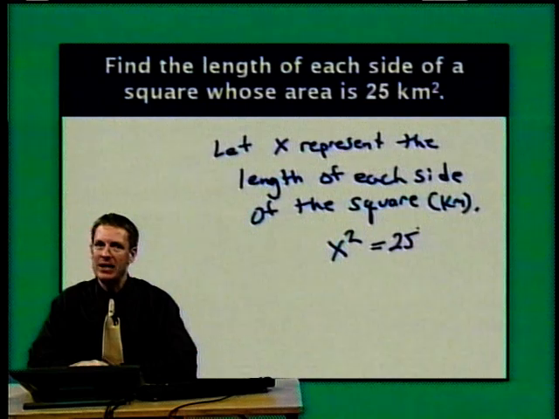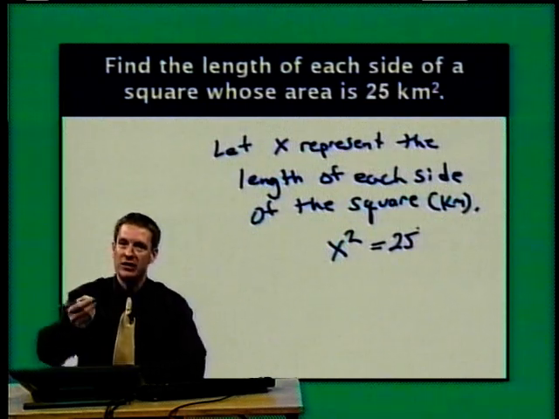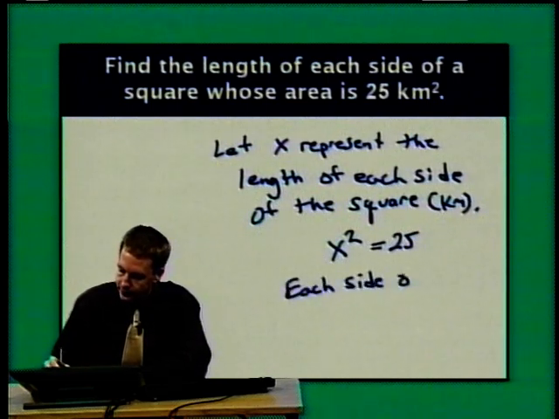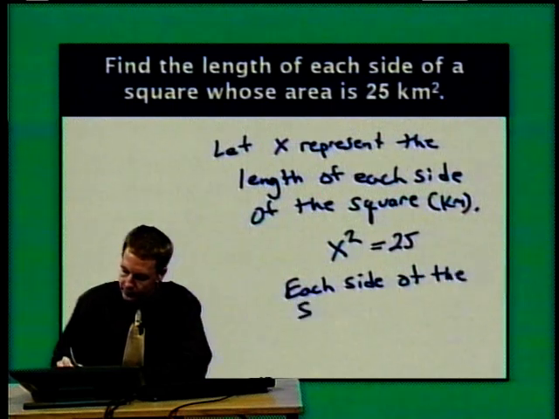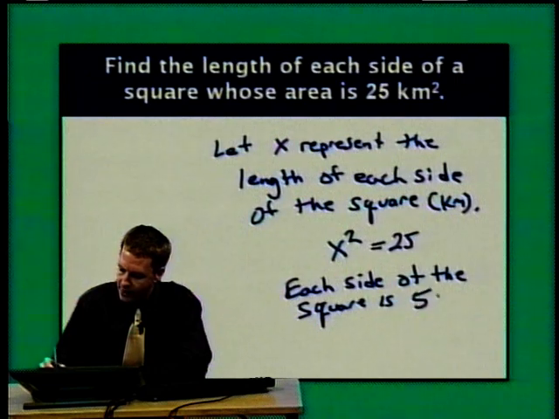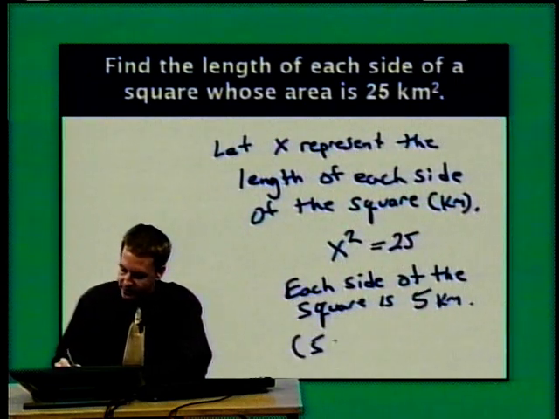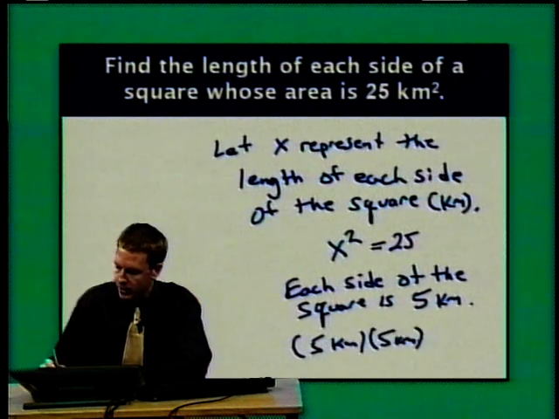But lengths can't be negative, so we can discard the negative 5 answer, and we can just go ahead and jump to our conclusion. Each side of the square is 5 kilometers. And let me just remind you, if we take 5 kilometers and multiply by 5 kilometers, the